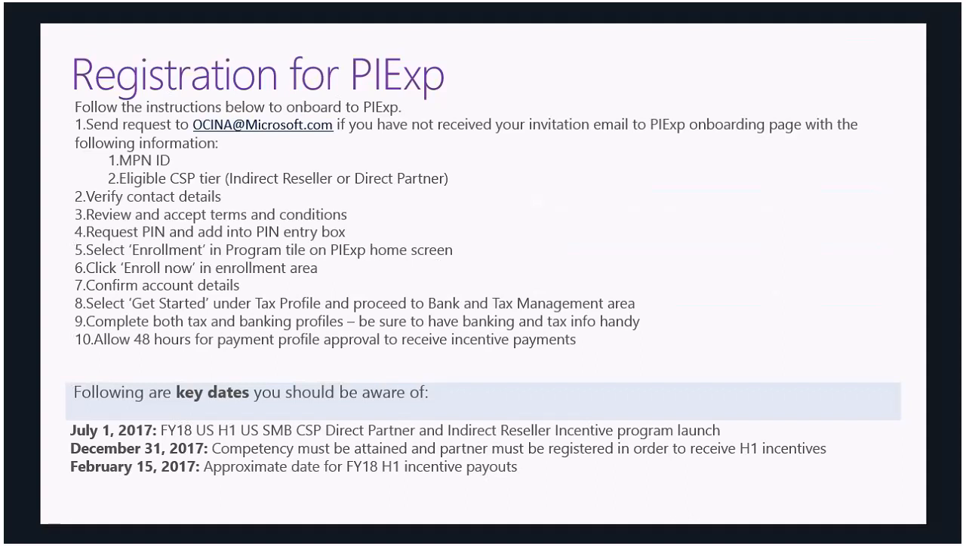This request will be for an invitation to our PIEx onboarding. So that's the tool where the payouts and the tracking of this incentive occur. Make sure your virtual organization MPN ID and state whether you're an indirect or direct reseller is all provided in